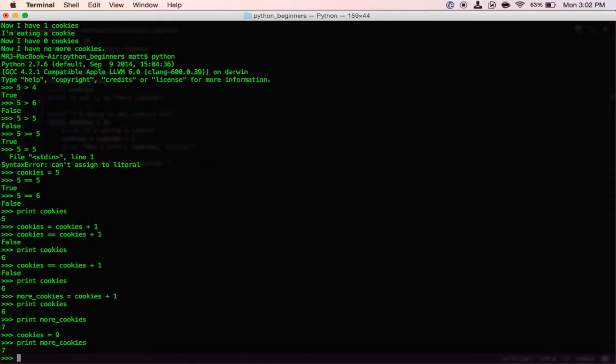This is just saying this one time, figure out what 6 plus 1 is, which is 7, and set that equal to more cookies. Or set more cookies equal to that, more precisely. But then if you change what the original cookies value is, the example is like the sheets